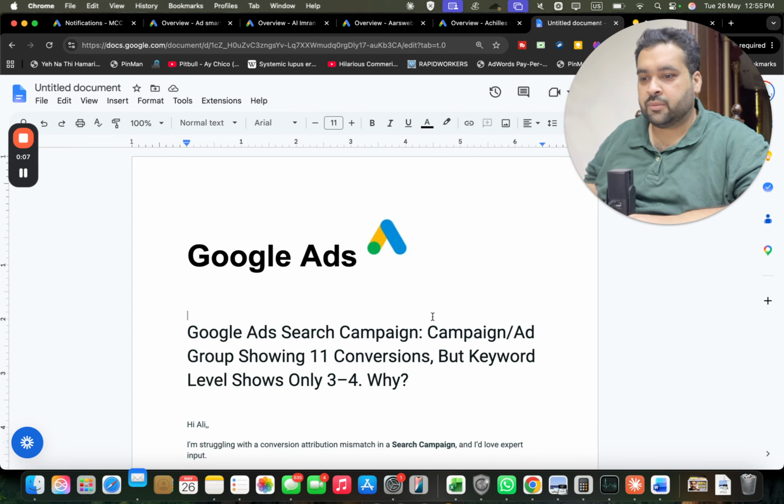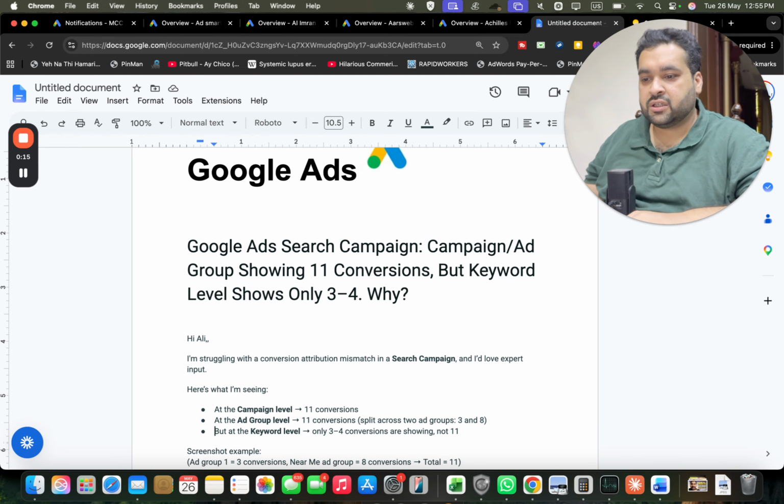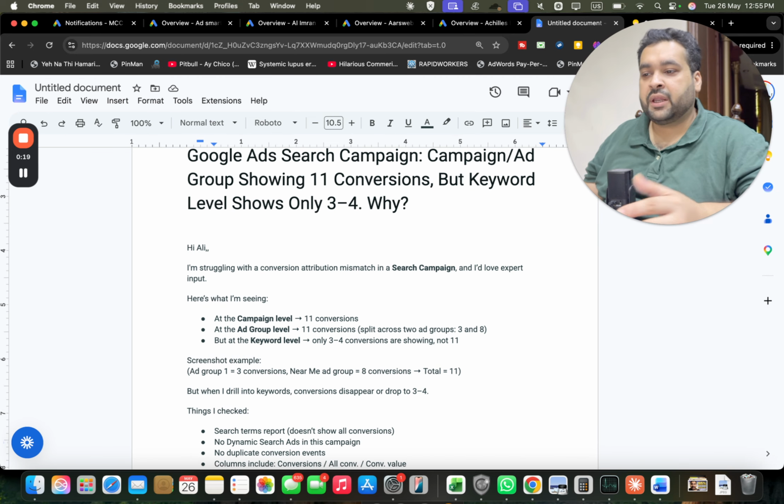Google Ads search campaign ad group showing 11 conversions, but keyword level shows only 3 to 4. Why? Hi Ali, hello. I'm struggling with a conversion attribution mismatch in a search campaign, and I'd love expert input. Here's what I'm seeing. At the campaign level, I see 11 conversions. At the ad group level, 11 conversions, but at the keyword level, only 3 to 4 conversions are showing,